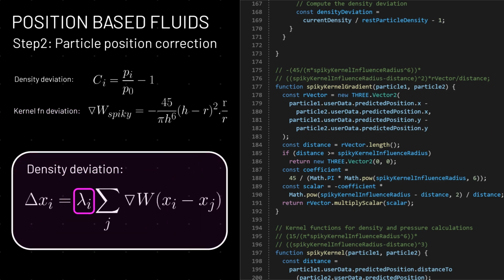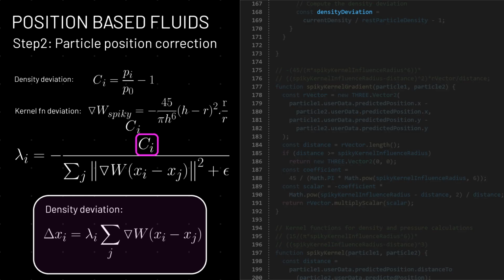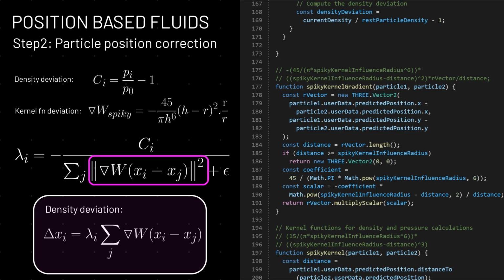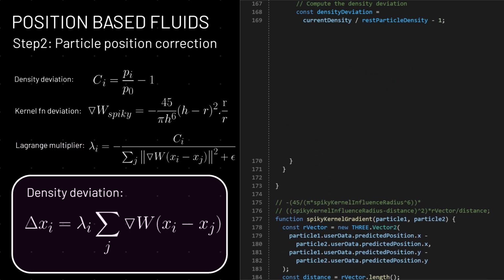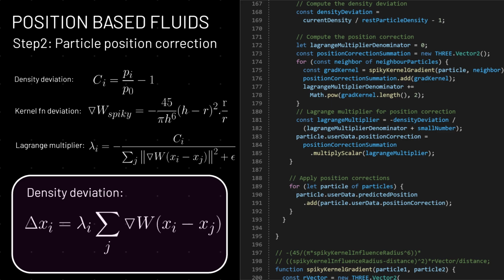Now this lambda term, which we are multiplying with the summation, is called a Lagrange multiplier. The Lagrange multiplier scales the gradient sum to compute the adjustment needed for the current particle's position. We calculate the Lagrange multiplier by taking the negative of density deviation that we've already calculated and dividing it by the sum of the square of the magnitudes of the gradient vector of our kernel for every neighboring particle. We also add a small value to avoid division by 0. So let's now calculate the correction we need, and then loop through all particles, applying the correction to the predicted